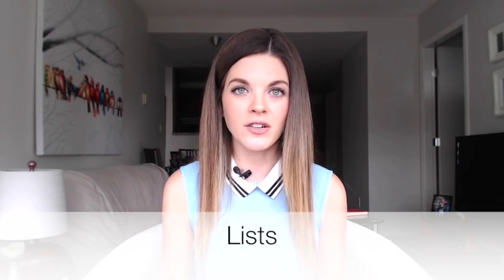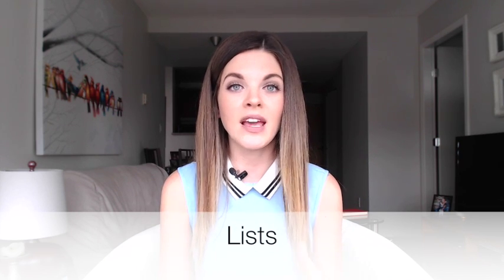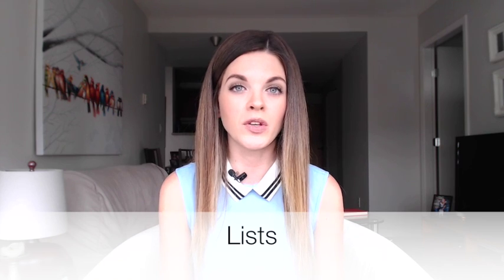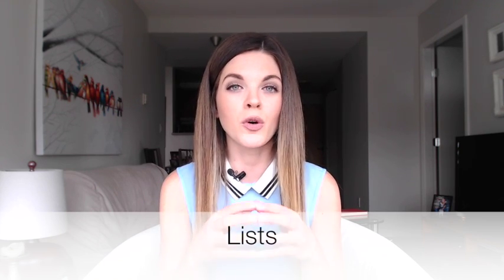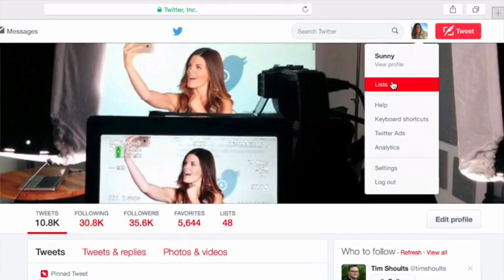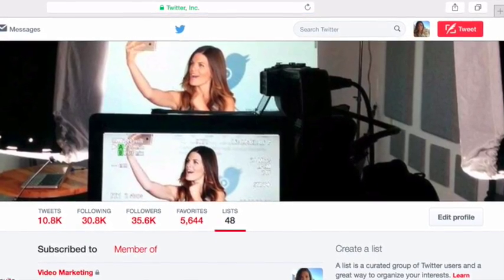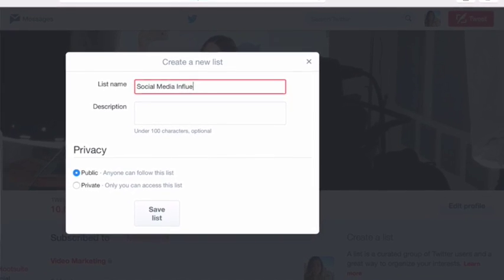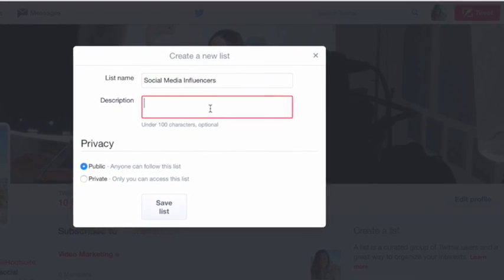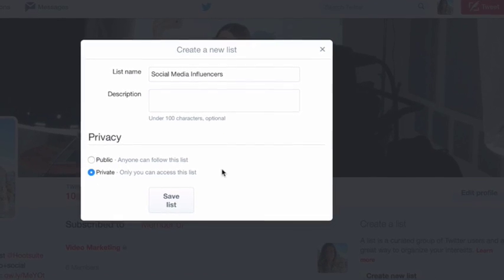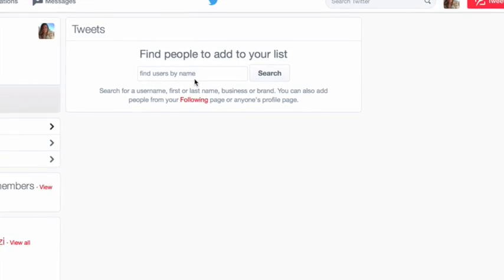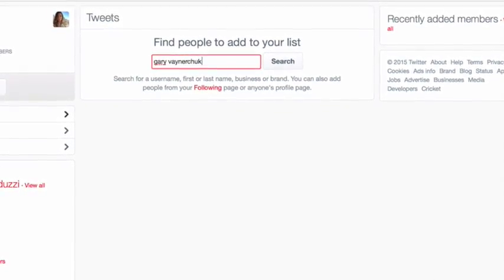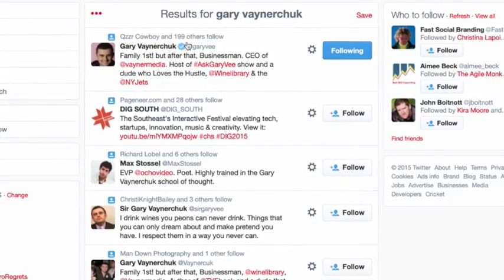Once you've identified your niche, you'll find that there's certain people that engage with you a little more than others. So you want to support the people who support you and build out your really solid core crew of people that you connect with on the platform. So a great way to do this and to narrow down your focus is if you're following people, you can create lists, public or private, and you actually don't even have to be following these people to put them into a list. And what it does is instead of going to your stream, your feed on Twitter and seeing all of these different people coming up, it narrows it down.